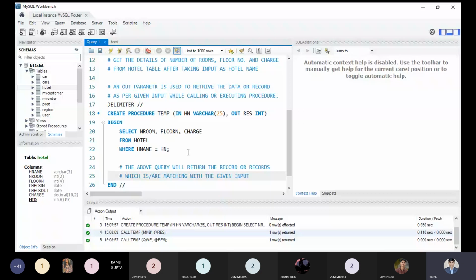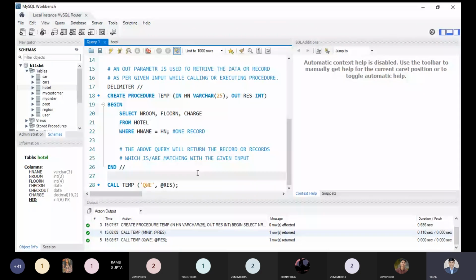So out is just a parameter. What will it do? This is a result. It will return the number of records based on our selected columns, that is, one record. So this parameter, @res, will keep the information, and following this information, it will display our result in the query as per our answer. So we are getting this right now. This is the simple thing in a simple way. That is the out parameter. See, if you want to, just use select @res.